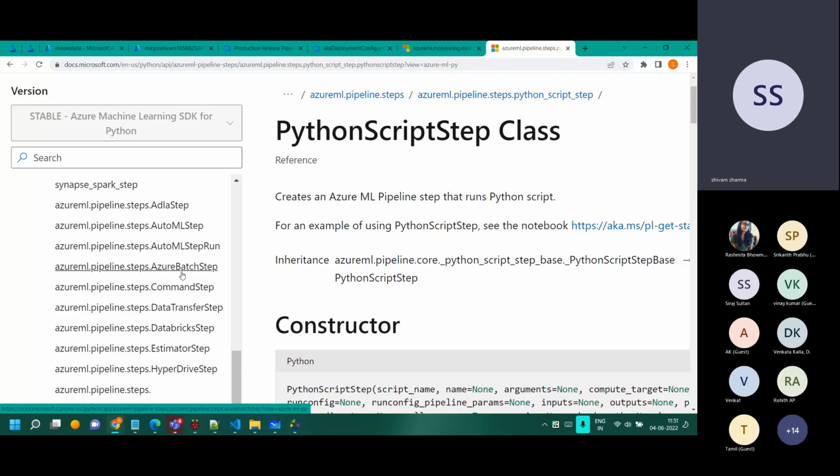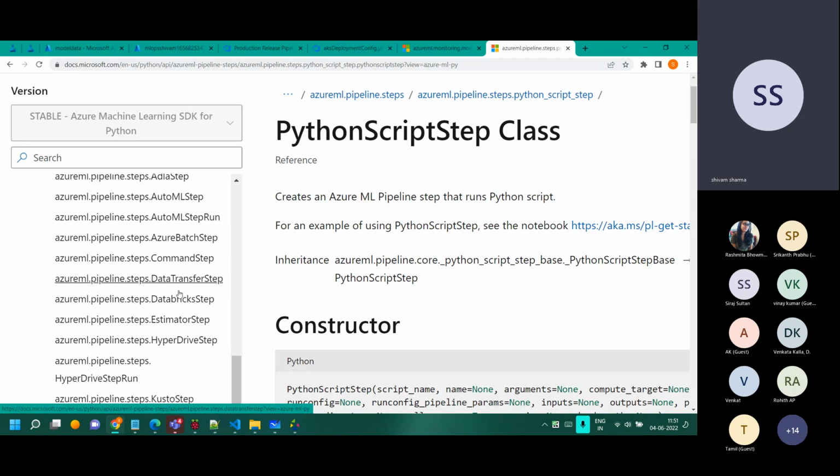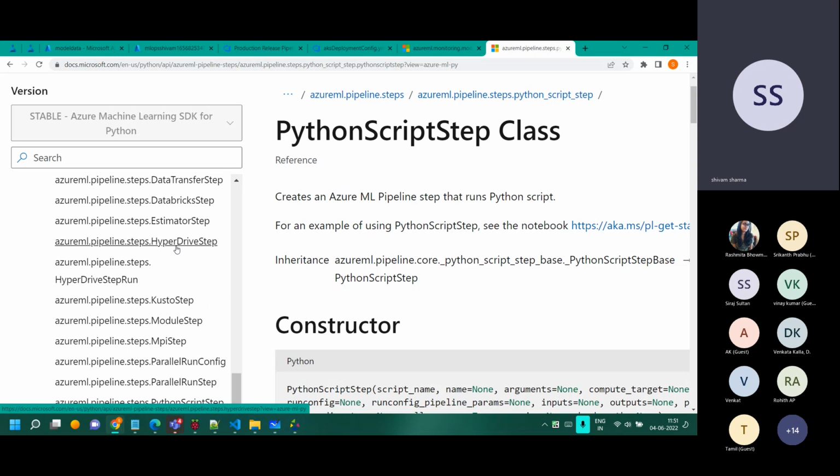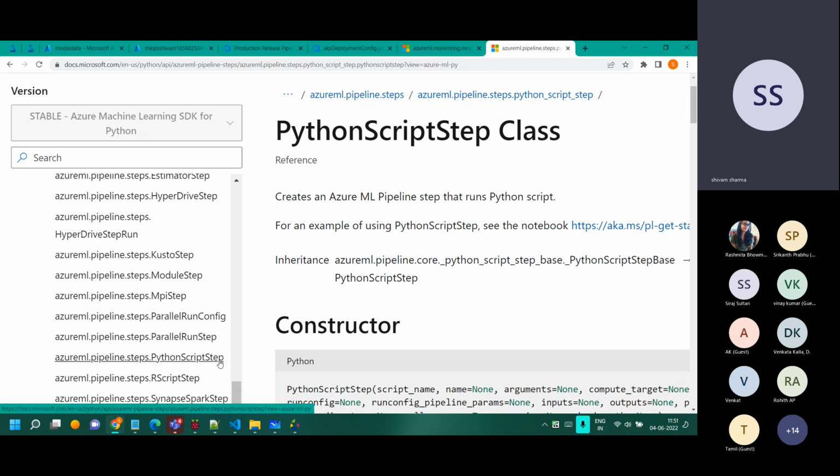If you know what Azure Batch is, if not, this is HPC, high performance computing or clustering. Data transfer step, Databricks step is there. Estimator step is there. Hyperdrive is the hyperparameter tuning framework which they use, so that step can be there.